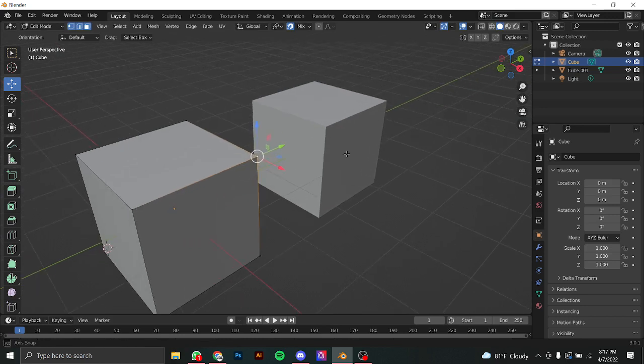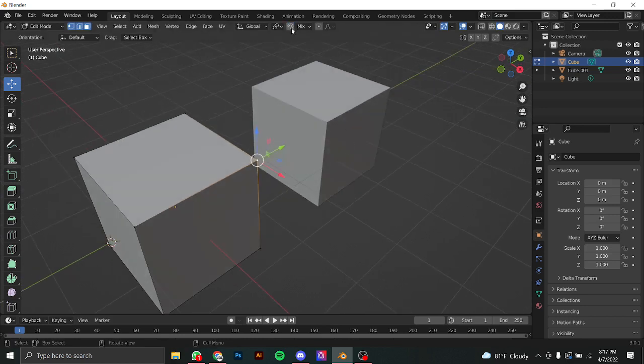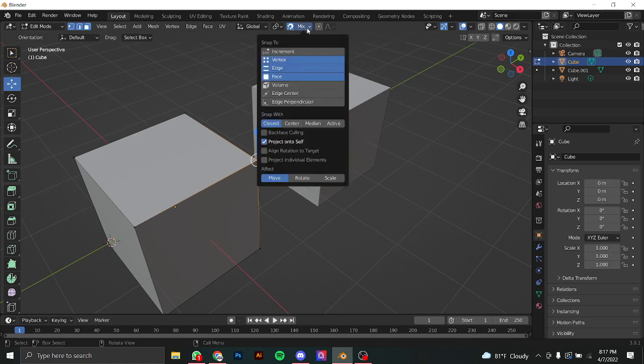Okay, so in order to snap, you have to go up to this magnet thingy, right? You click it, you turn it on, and then you have to tell it what you are snapping it to. So if you're going to snap it to a vertex, to like another edge,